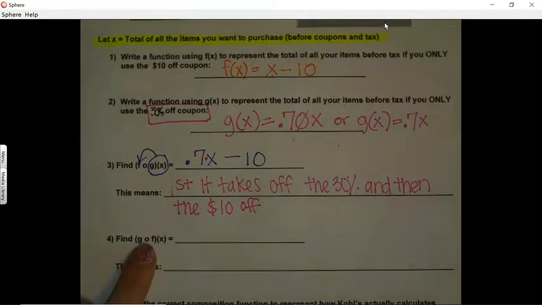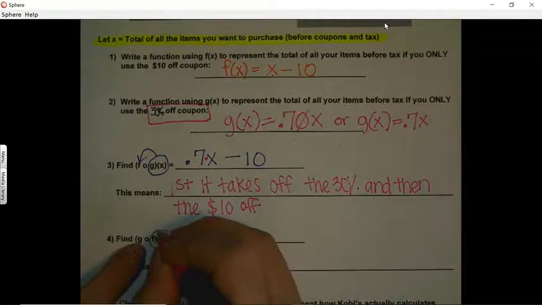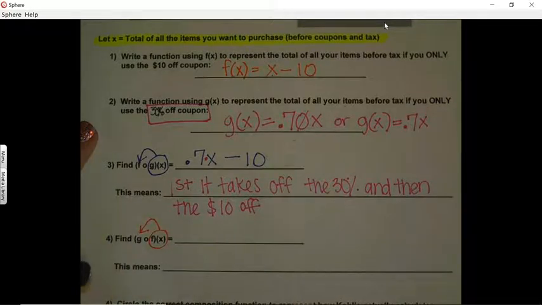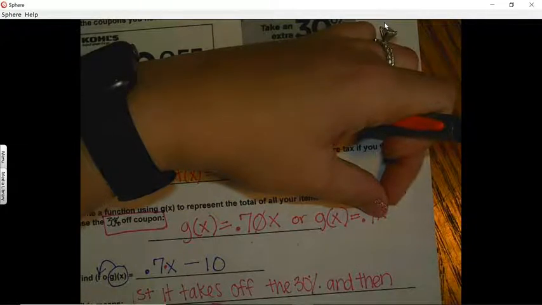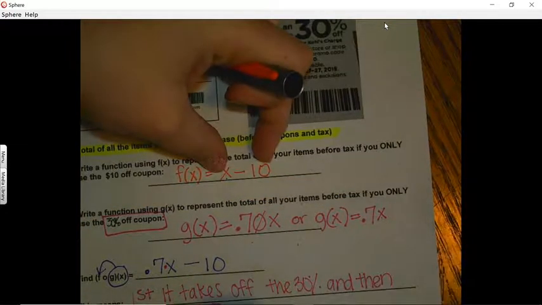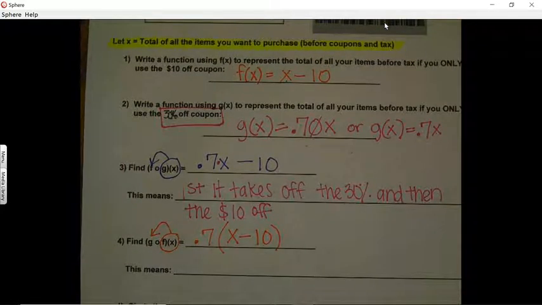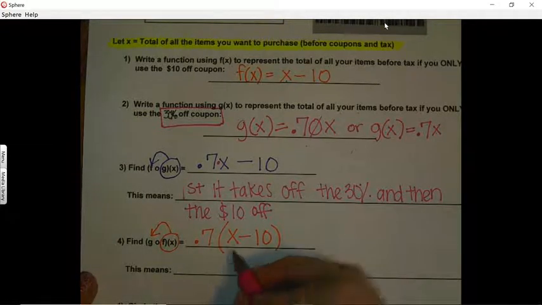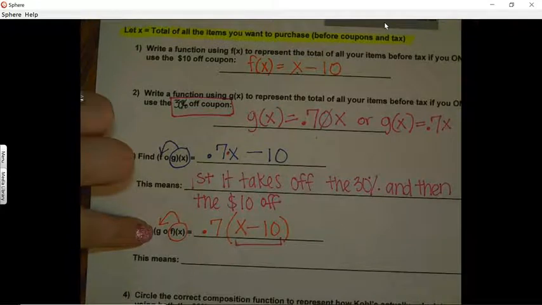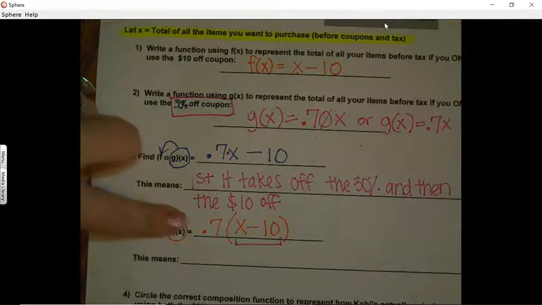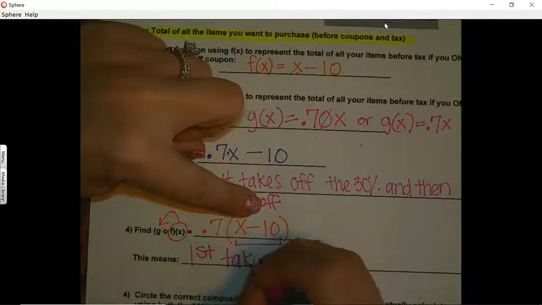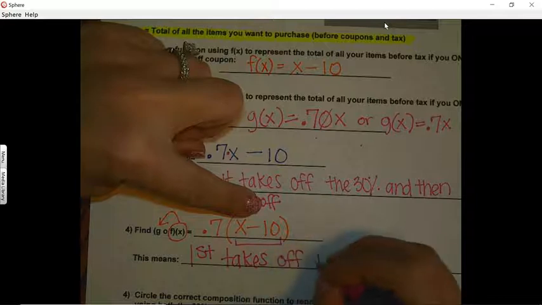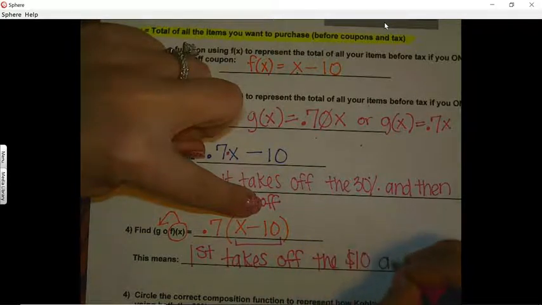Now this time, let's switch the order. So this time, let's plug in f of x in for g. So this time we're going to plug in the x minus 10 right here. So we're going to have the 0.7, and instead of the x, we're going to plug in x minus 10. Okay, so now what does that represent? Well, order of operations would tell you to do parentheses first. So if Kohl's register was programmed to do this function, first the register would take off the $10, and then